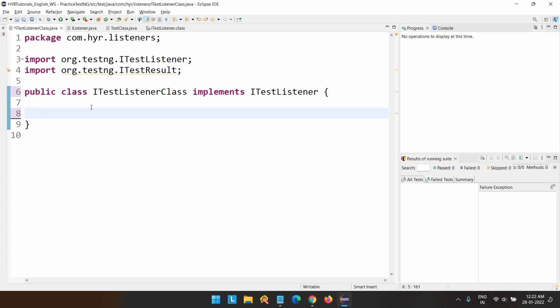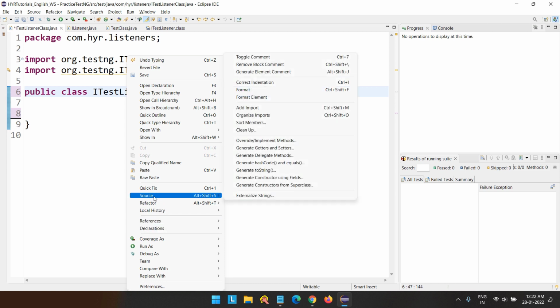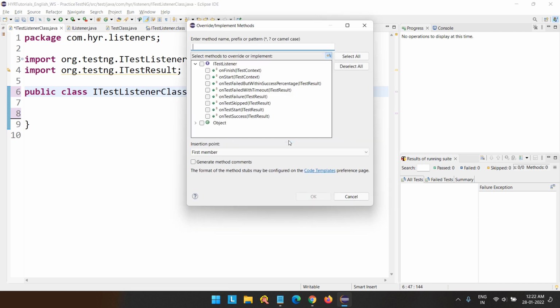So what is that? Just right click on the class that you are implementing this interface, click on that class and go to Source, and then click on the Override or Implement Methods option. This option is being provided by Eclipse. If you are working with IntelliJ, probably the option is different there. Fine. So just click on that and you can see whatever methods are actually provided inside the ITestListener